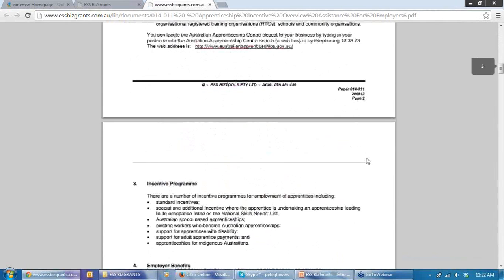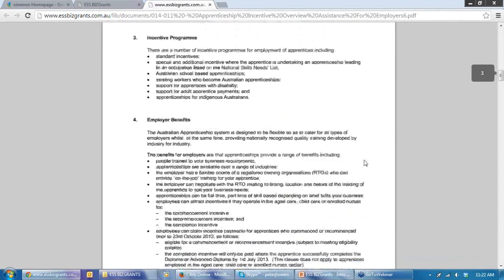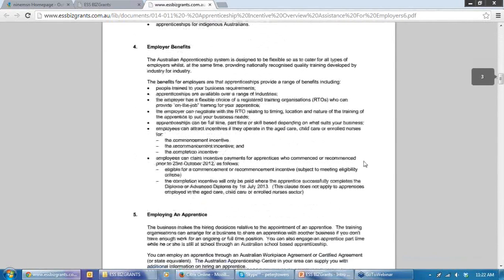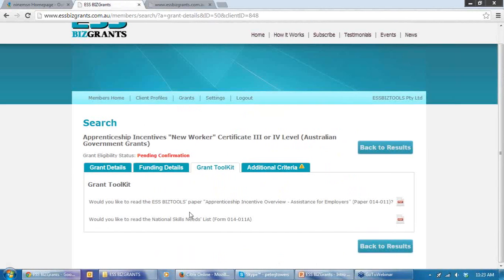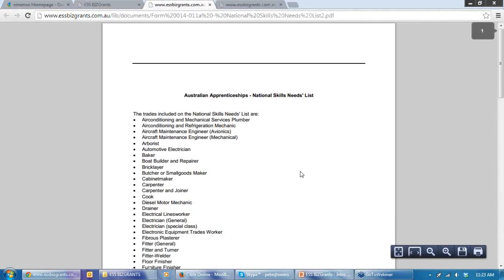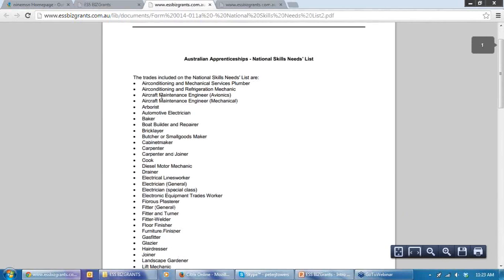So you can look at that and say, okay, that's interesting. You could print that and give that to your client if you wished. But also we've got here the ability to read the National Skills Needs list. So let's have a look at that so you can see it. You might not have seen one of these before. So here's the list, and if we go through some of these trades, we'll see